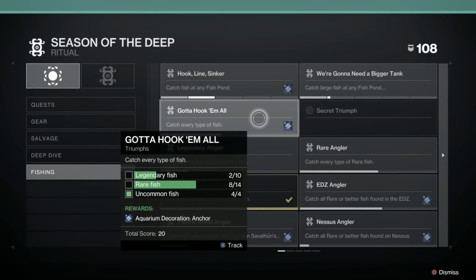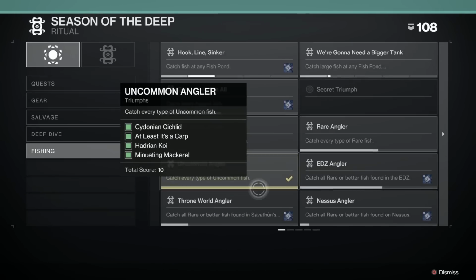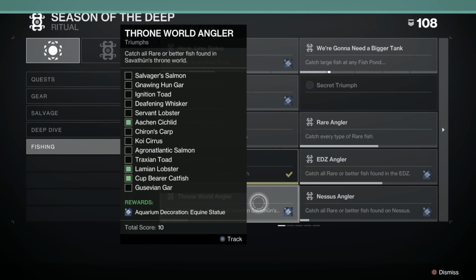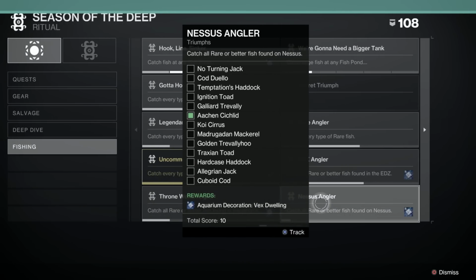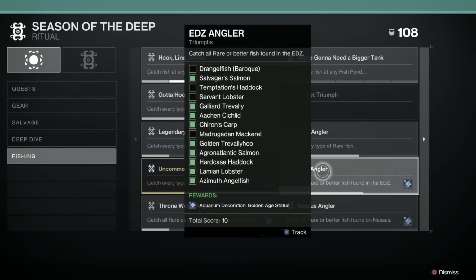What else have I got here? I've got a legendary fish, 10 legendary fish. I've got the uncommon, I've got a few rare to get. You get an anchor decoration there. For this one, which is a Throne World angler, so catching all the different types of fish, we've got an equine statue. The Nessus angler gives us a Vex dwelling, and this one also gives us a Golden Age statue as well,